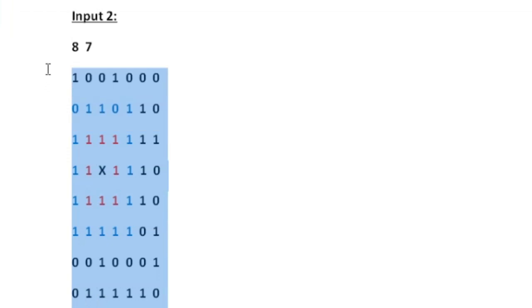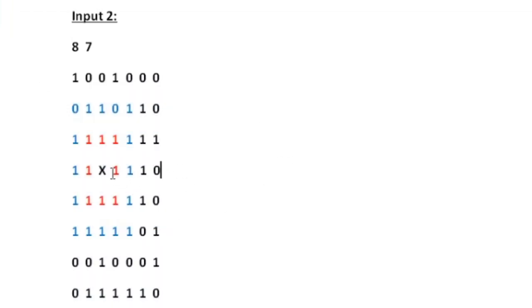Here we are given an 8 cross 7 matrix as input and the character X has occurred here. And the first ring is this red and the second ring is this blue color highlighted. And here we can see that the first ring has no zeros in it. All the values present in the first ring are 1. So we are moving to the next ring. And in the next ring we have zeros, that is in the blue ring. So now the nearest ring which has zeros is this blue ring. So we have to update the zeros present in this ring to 1 and then print the whole matrix.